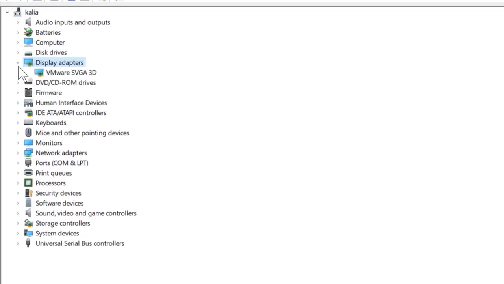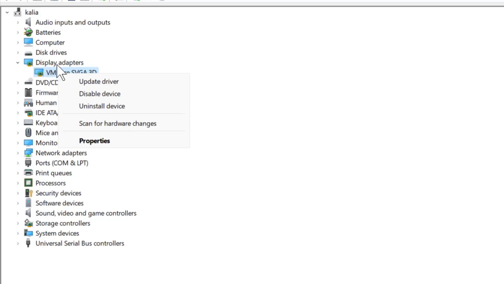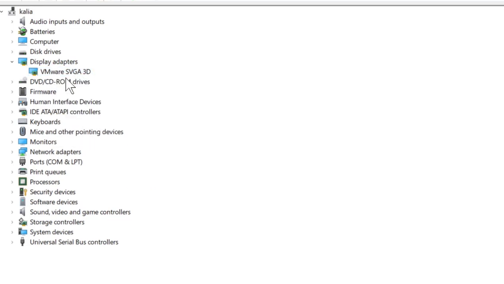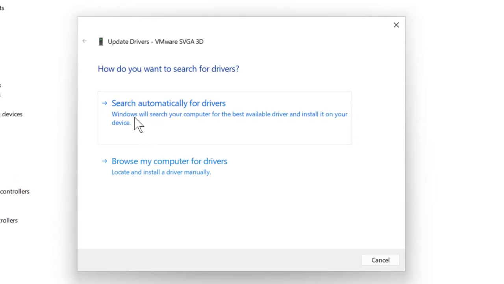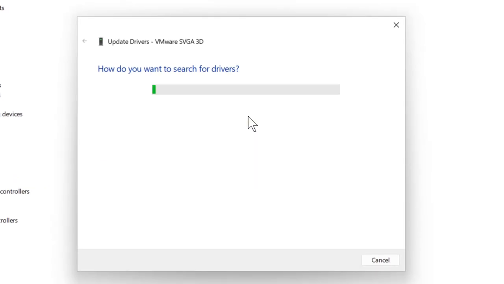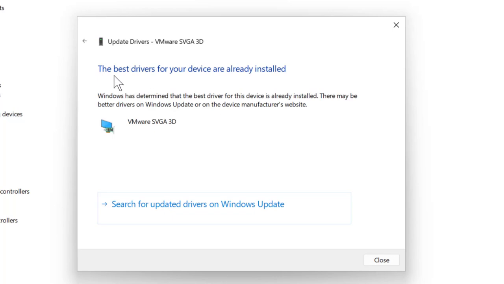Expand the display adapter section and you just need to right click on whatever is listed under the display adapter over here. Select search automatically for drivers, and you just need to get the message the best drivers for your device are already installed, and you just need to select the search for updated drivers on Windows Update